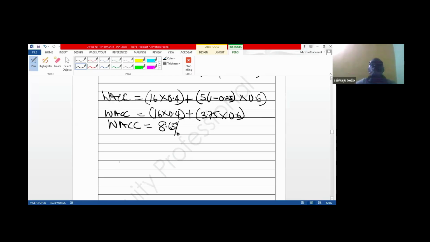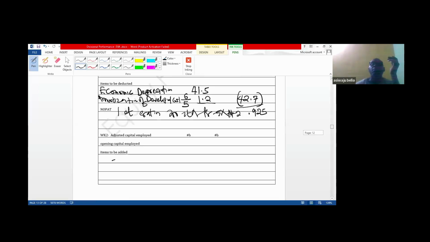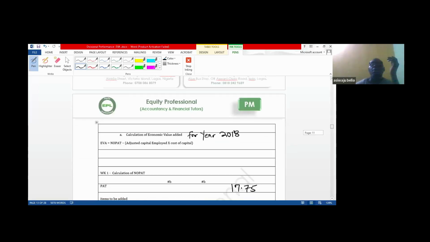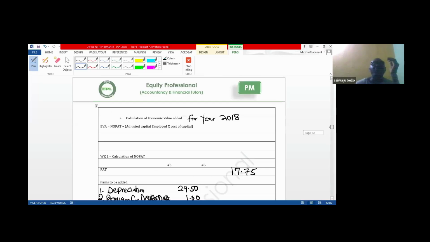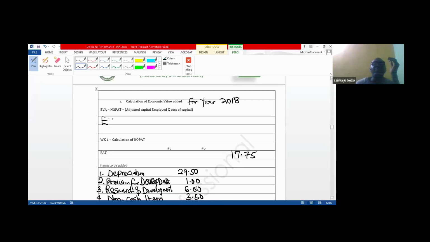You can compute your EVA now, economic value added. Look at the formula. EVA is equal to our NOPAT,